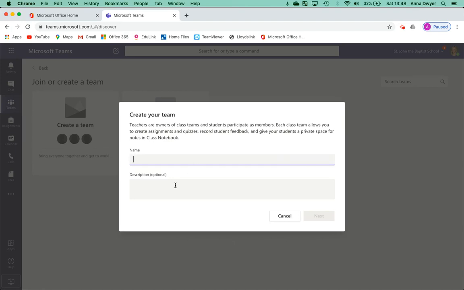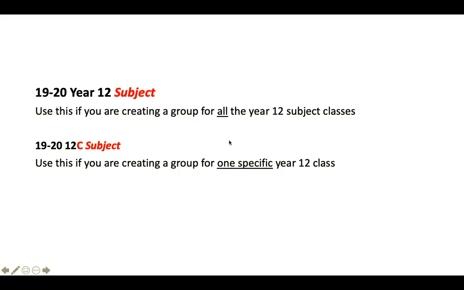Now, it's really important that we use the right names for the groups so that we can easily manage them and archive them at the end of this academic year as we go into next year. So I'm just going to give you some information as to what those team names need to be. So here you can see you've got two options. The first option, where you label it as